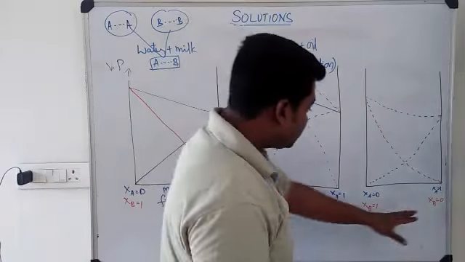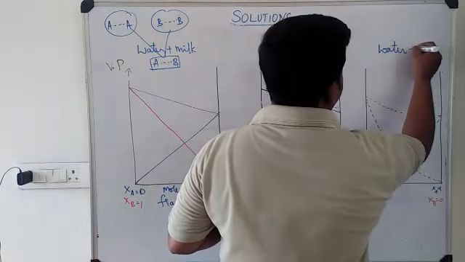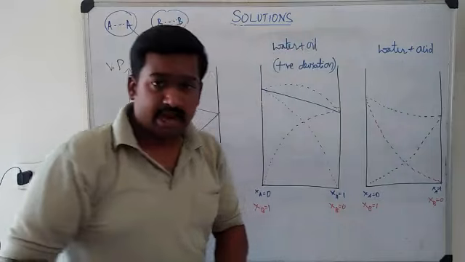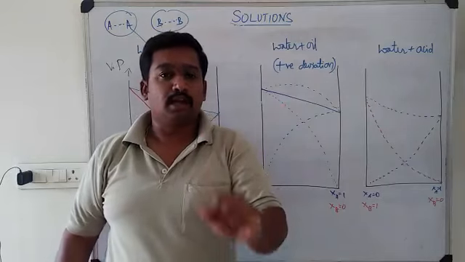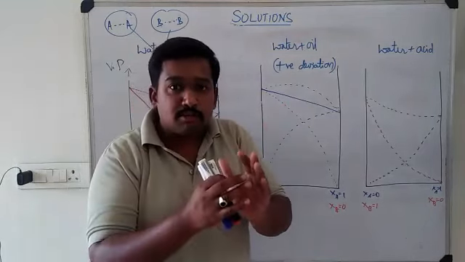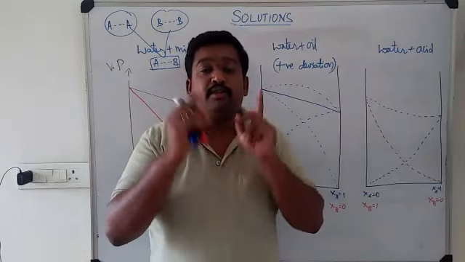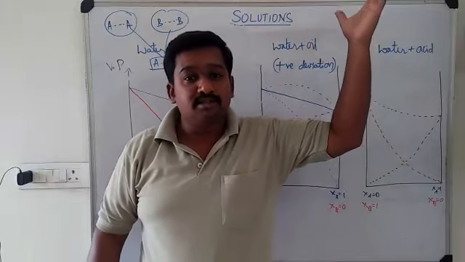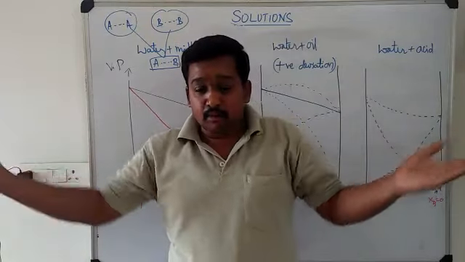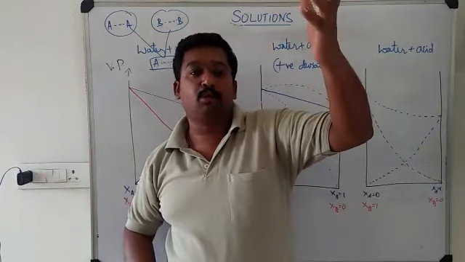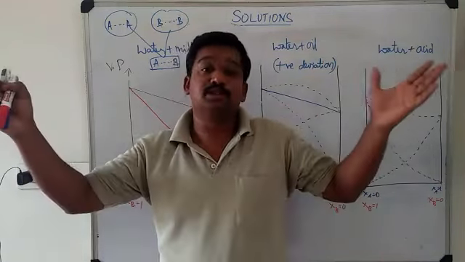Now the last one. In this case again, I have a mixture of two components, that is water mixed with some acid, I said. Let's say it is HCl, hydrochloric acid. HCl and water form very strong intermolecular hydrogen bonds. When they form hydrogen bonds, they fit together in such a manner that inside the mixture, the force of attraction is greater than in the individual components. As we saw here, A has attraction, B has attraction separately. When you mix together, AB will be stronger than both A and B. The mixture has a stronger intermolecular force of attraction than the individual components.